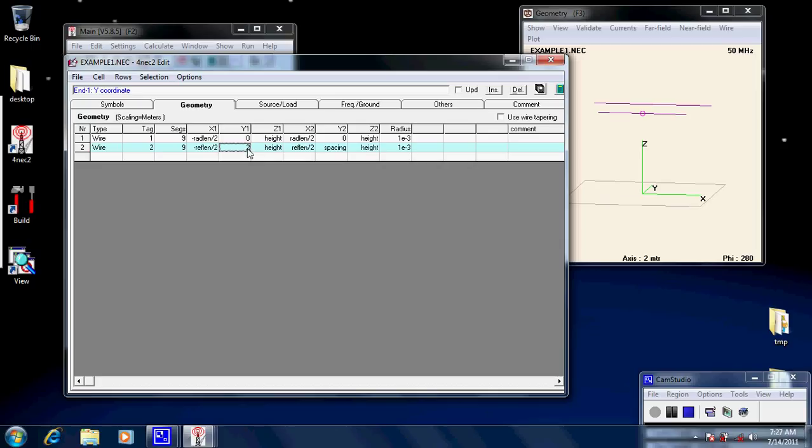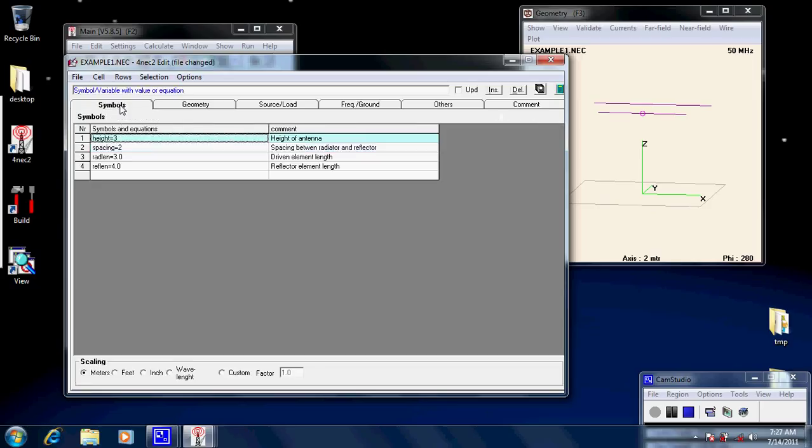So what you need to do is you need to give that a name. So we'll call that spacing. Now if you give it a name, you also need to tell it what the value is, the initial value. So this name is called a symbol. So now we go to the symbols and put spacing equals 2. The spacing between the radiator and reflector. This is just comment fields here. And to enter in symbols, you just simply put